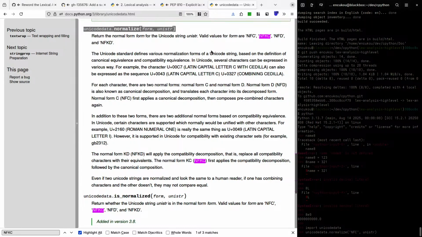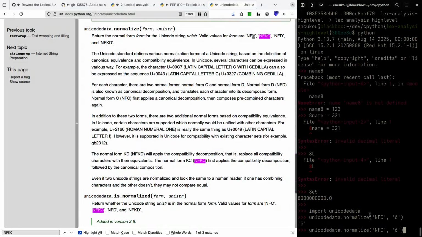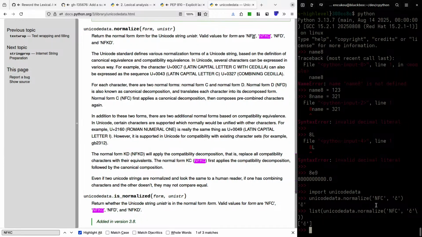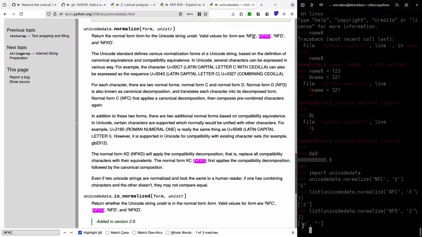If we use NFC, that's normal form composed. If you have a character like C with a caron, let's make a list out of this. If it's composed, you get the diacritic on the letter as a single character. If you do D, then it's decomposed, and you have the base character and then the diacritic.